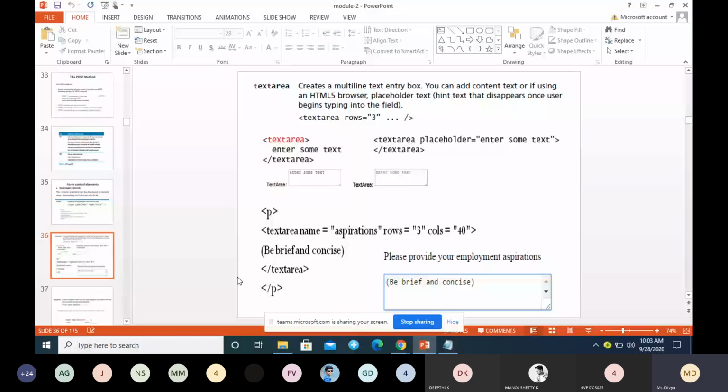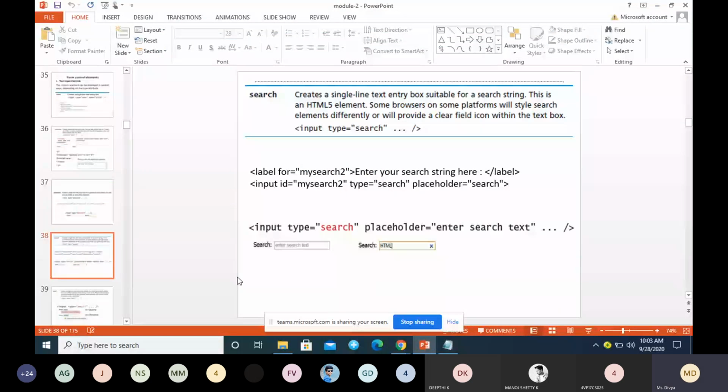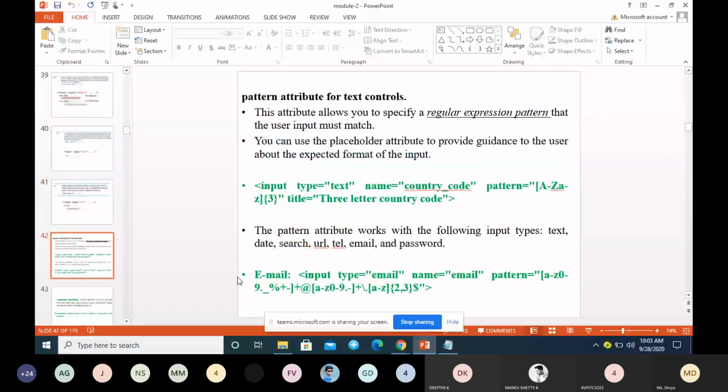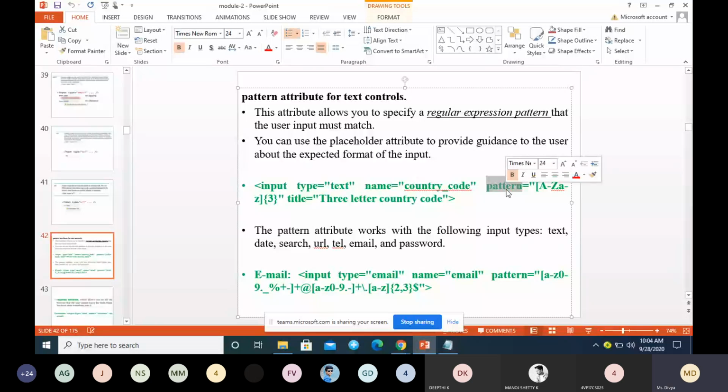So this is all I have explained: email, tel, URL. Next one is the pattern attribute for text control. There is an attribute called pattern, which can be used for text control. For this attribute, we specify a regular expression.